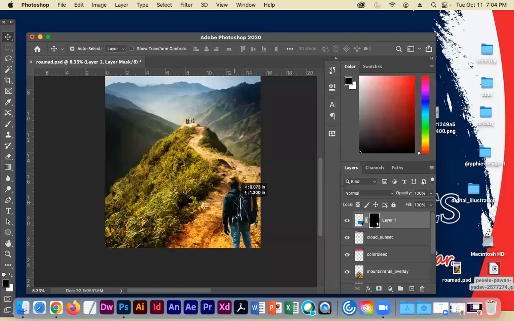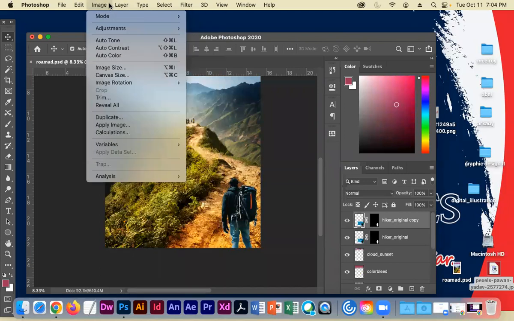And so now I've got my hiker here. So I got my first layer mask. So I'm going to name this Hiker Original. And so now I'm going to show you some of the layer mask duplication. So I'm going to add a new layer. And this one I'm going to do,